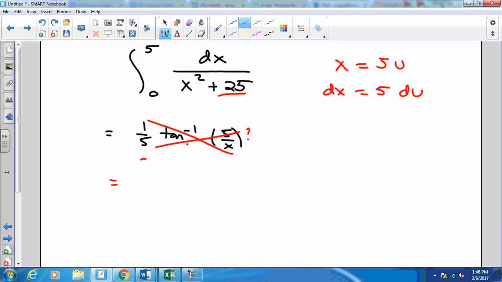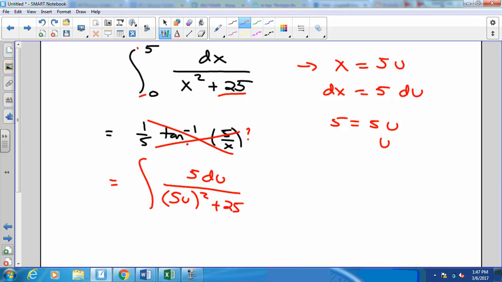We get dx is 5 du, x squared will be 5u quantity squared. But what about those limits of integration? These limits of integration are x values. So when I come back and substitute them in for x, I find that when x is 5, u is equal to 1, and when x is 0, u is equal to 0. So my integral now transforms into